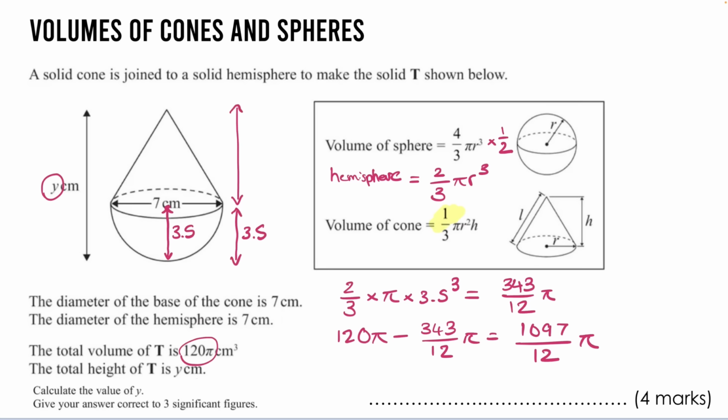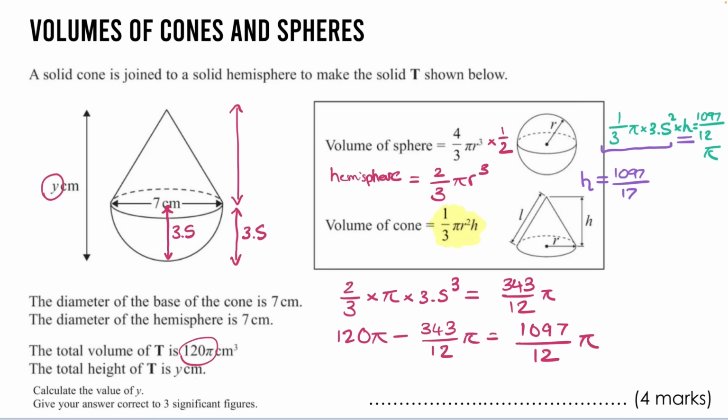Our formula for the volume of a cone is right here, 1/3 pi r squared h, and all we need to do is work out the height. We have all the missing pieces, so we could set up the formula. We have 1/3, we're kind of running out of space here, let's do it down the side, 1/3 pi times 3.5 squared times the height is equal to 1097 over 12 pi. Just about fit it in there. And now to isolate the height, we can take all 3 of these pieces and divide those to the other side. So we get the height is equal to